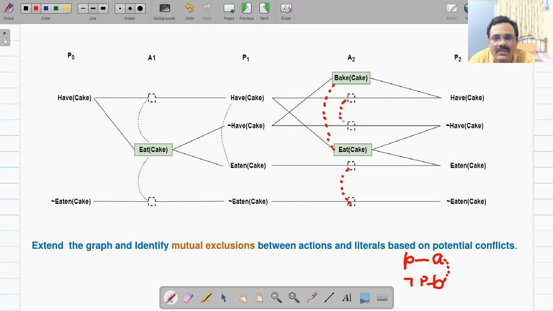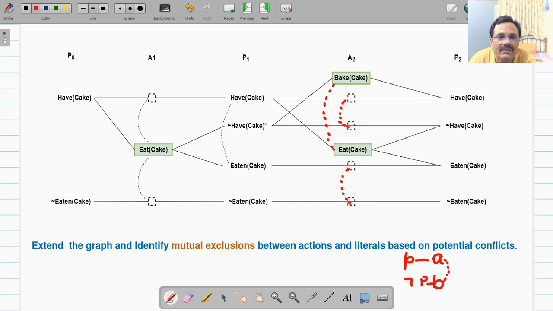So here also you can introduce a mutex link. So have cake and not have cake, these two persistent actions, also have competing needs along with bake cake and eat cake. Similarly, eaten cake and not eaten cake. So these competing needs mutex links we have shown in the action layer.